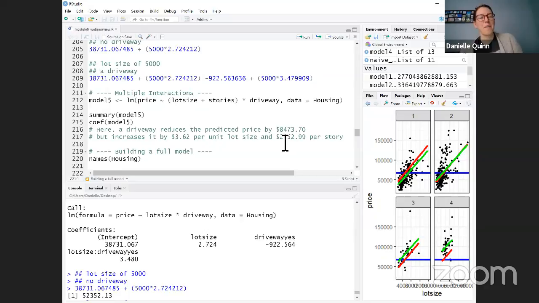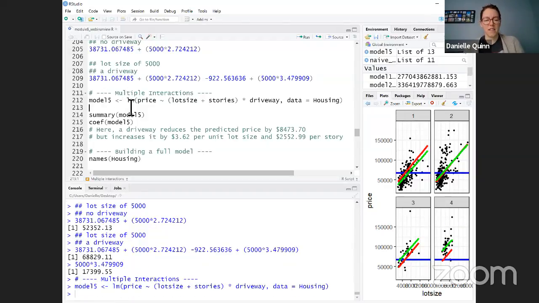Okay, so let's look at multiple interactions. As you can see, this is a very short section. This is just a common question that I get saying, what if you want multiple interactions? There are lots of different ways that you can specify what predictors you want to interact and what predictors you don't want to interact. There's a lot online about how to write these up. So we can't go through every single instance, but for example, if we were to say lot size plus stories interacting with driveway,